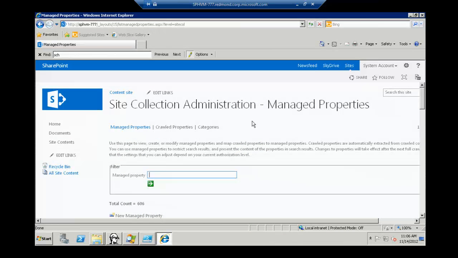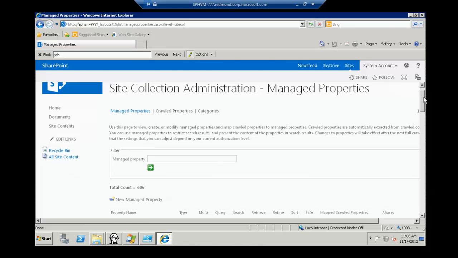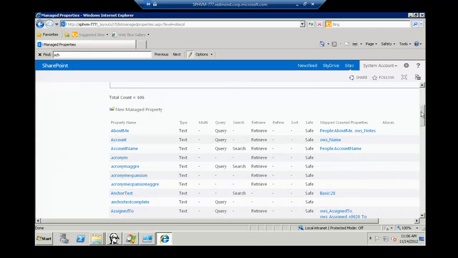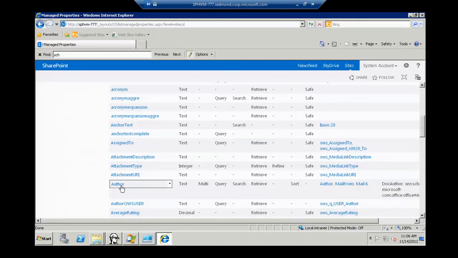If you are familiar with the search administration in SharePoint 2010, this page must be familiar to you. This is the list of my managed properties, right? So if I open one of them, for example, the author that I used in my example,